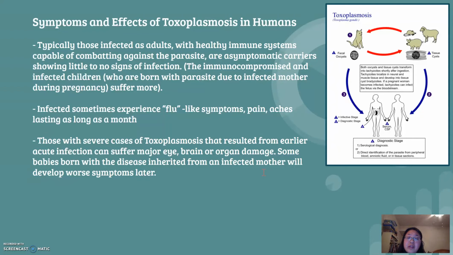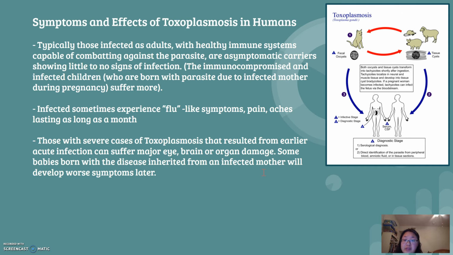So, symptoms and effects of toxoplasmosis in humans. In adults with a healthy immune system, they are typically capable of combating the parasite and turn out to be asymptomatic, showing little to no signs of infection. It is really the immunocompromised and infected children, especially babies born to pregnant mothers who are unaware they have the disease and pass it to their child during pregnancy, who are going to suffer the most and have more severe symptoms and syndromes from the